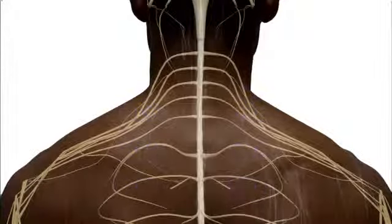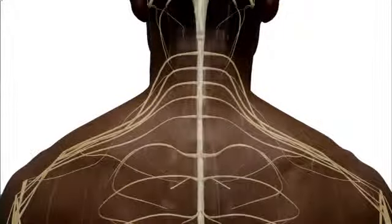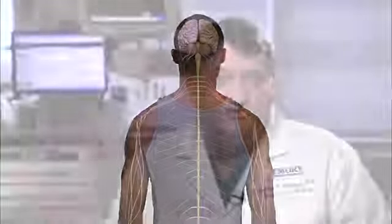Our spinal nerve cells, called neurons, carry the messages to and from the spinal cord. These messages leave the spinal cord through openings in the vertebrae. Spinal nerve roots branch off the spinal cord in pairs, one going to each side of the body. Each nerve has a specific job for movement and feeling. They tell the muscles in your arms, hands, fingers, legs, toes, chest, and other parts of your body when and